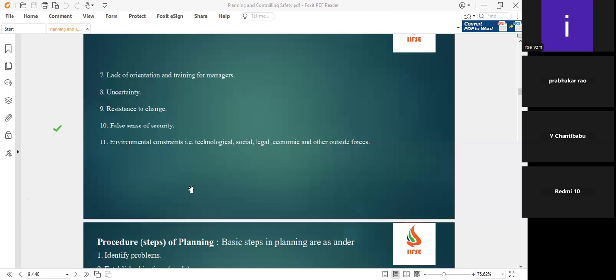Environmental constraints here means technological. Already we have planned for safety. Because of technology improvement, we are increasing production by 50 tons with the new specifications as per the customer requirement. Now the short-term